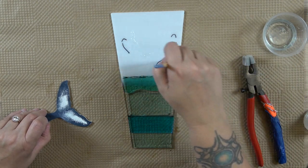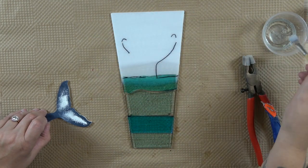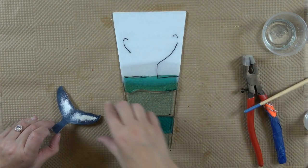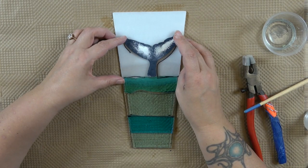Now, what I want you to do is paint the entire thing. And it's a liberal amount. You'll see why in just a moment, okay? All right, I got my nice whale's tail. I'm going to go right here. Okay, now, what I want you guys to do is pick out 2, 3, 4